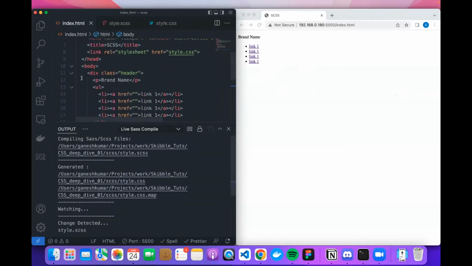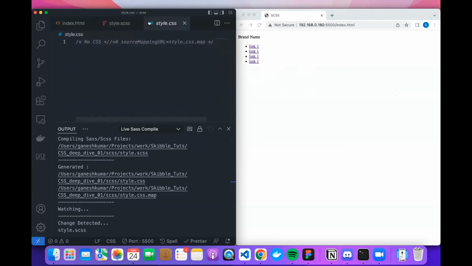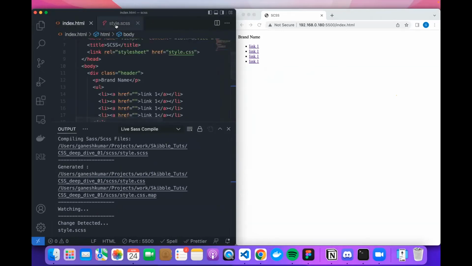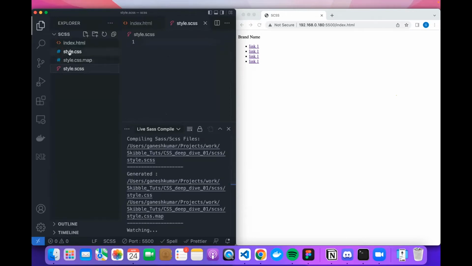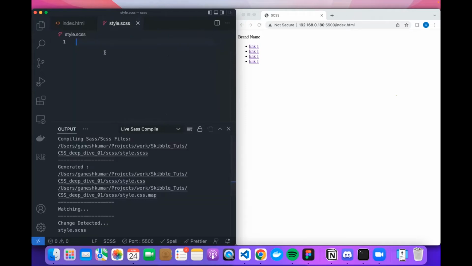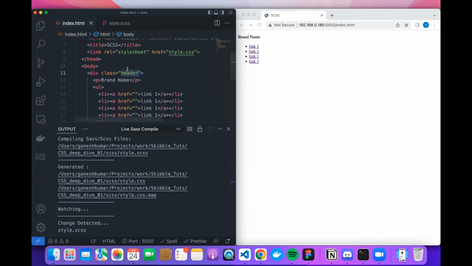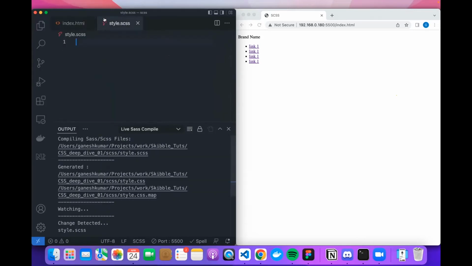Using CSS. I'm not opening the CSS, guys. I'm writing it in the SCSS. Whenever I write some SCSS and save it, it is generating CSS out of the SCSS file. So I'm just ignoring this one. I'm coming here and copying this style, the class, style.css, sorry, SCSS, header, paragraph, say